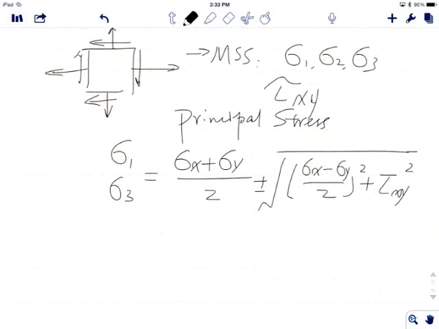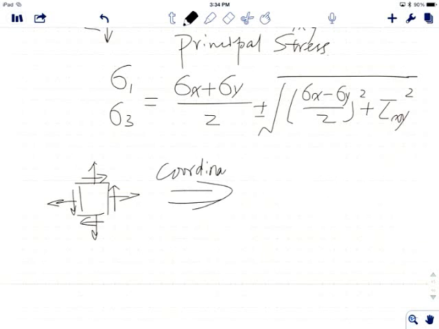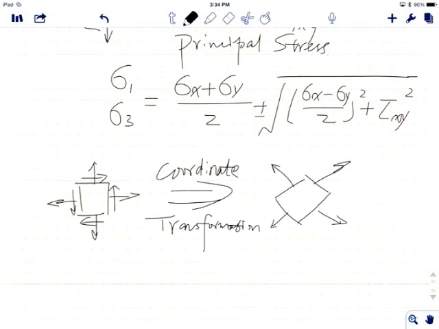Okay, so we have stress in the x direction and the y direction, and also shear stress. Whatever is on the left-hand side is my principal stress, which is what my maximum shear stress analysis is based on. Principal stress is all about coordinate transformation: you transfer the stress to a case where no shear stress exists.